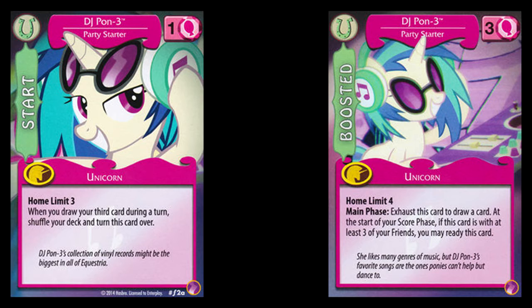After it's flipped, you can exhaust this card to draw a card, and you can do that during your main phase pretty much at any time. And you pretty much want to do this every single turn, because if you do it every single turn, then you're drawing 2 cards a turn instead of 1, and you're going to be ahead of your opponent in hand size. Of course, being exhausted all the time means your main character isn't going to be helping you solve problems